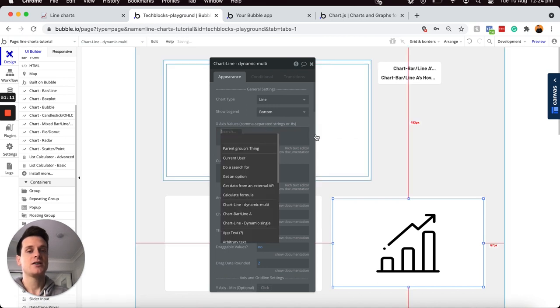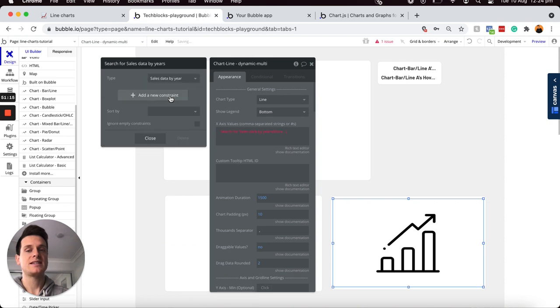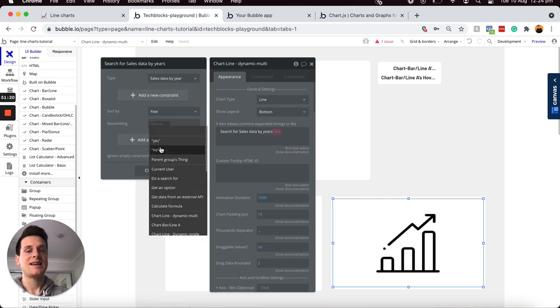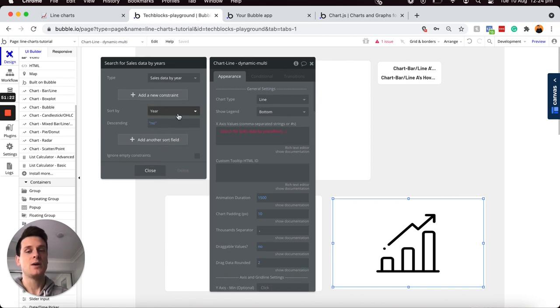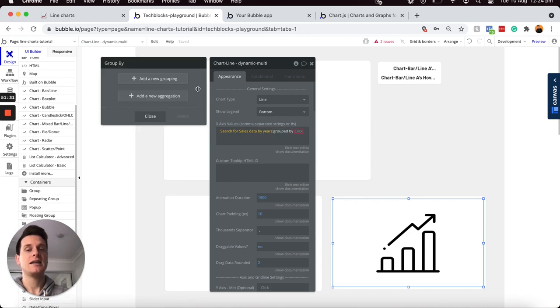I'll be inserting dynamic data. I'll be performing a search through our database for all of these sales, and I'll be sorting these by their year with the descending value to be no, meaning they'll be in chronological order. And then what I'll need to do is just group all of these years together to define only the unique